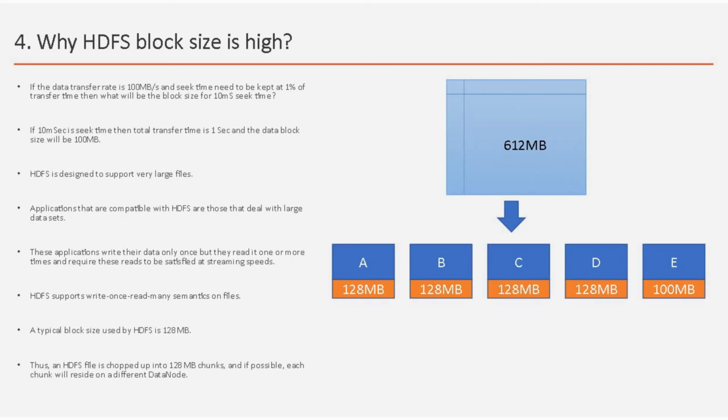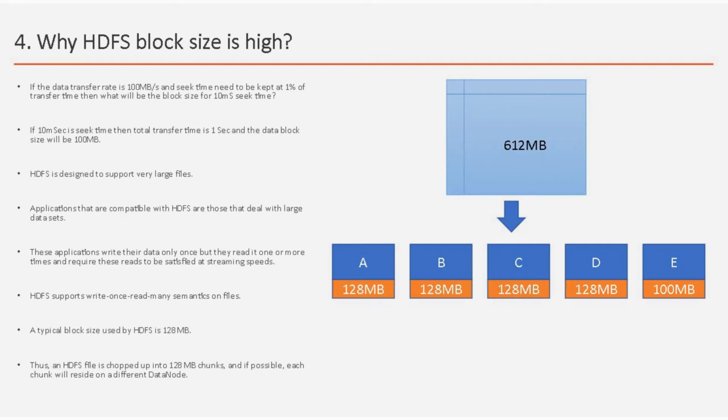So you can have a calculation here. If you have a very large data set, to keep the block metadata lower, you need to have a bigger chunk of it. Otherwise, if you divide the blocks into very small fragments, then the block metadata will be very high. And the second thing is the seek time, like to find the start of the block. So if you want to reduce the seek time, then